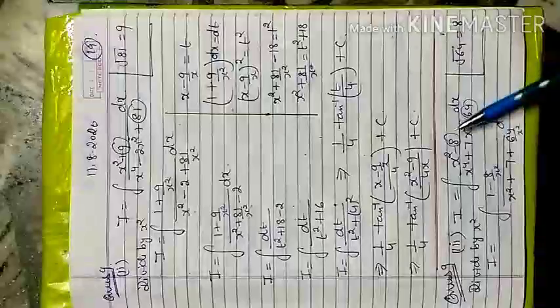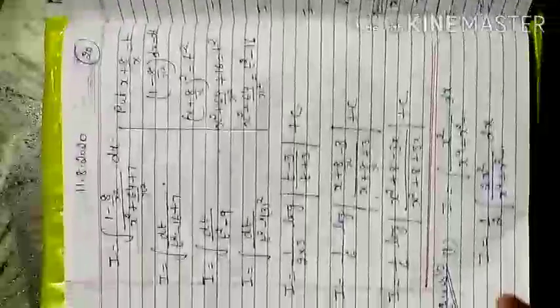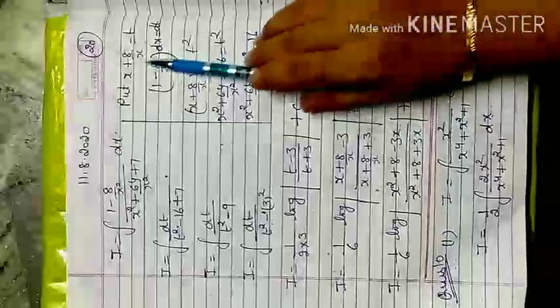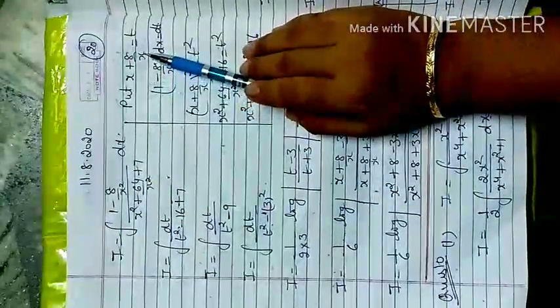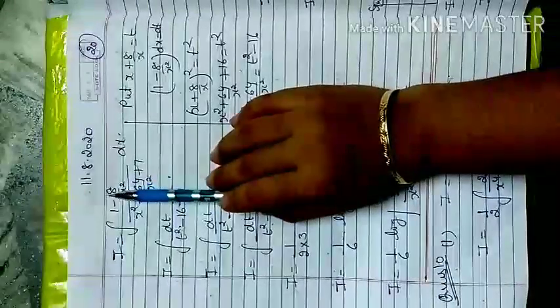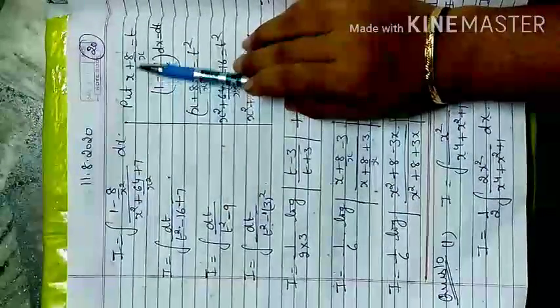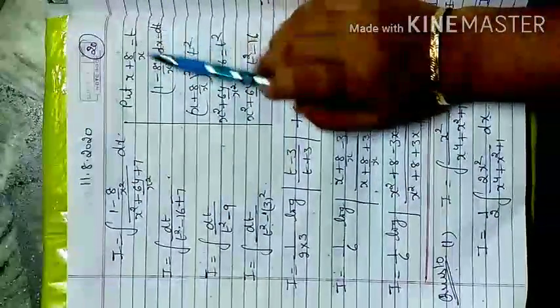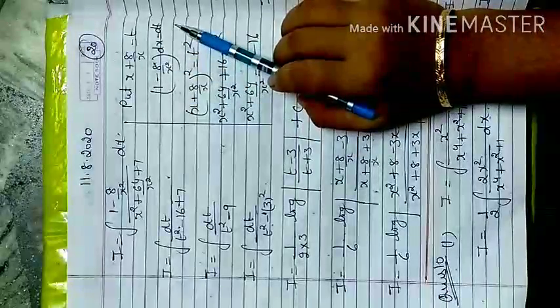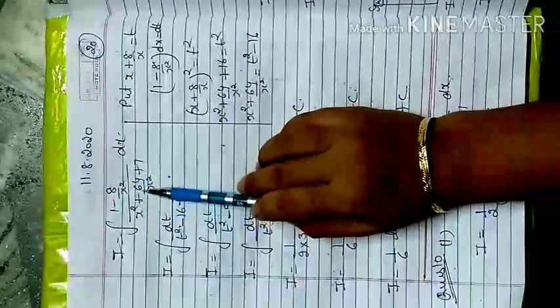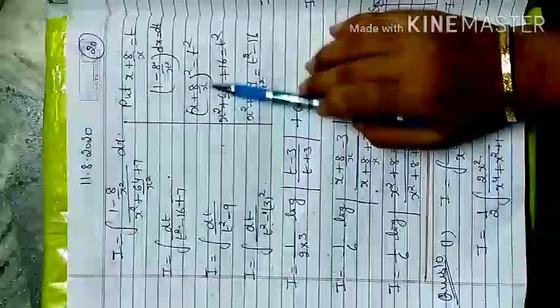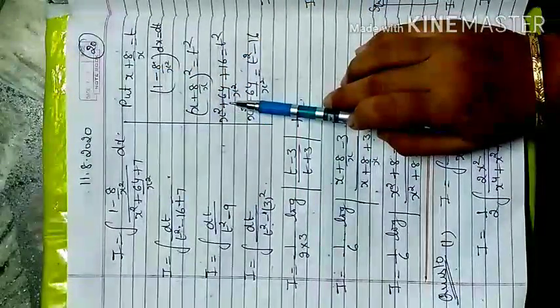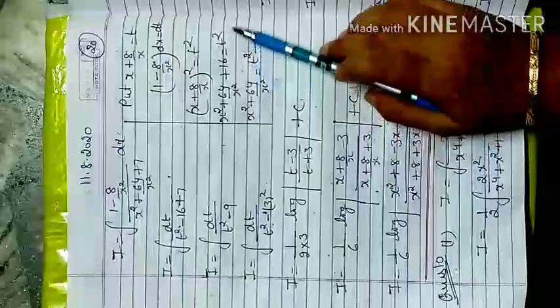Again, square root of 64 is 8, divided by x square. Now what you substitute here is x plus 8 by x, because this is a negative sign, the sign will change, x and the reciprocal of x, and the numerator of x will be the same as the constant term here, x plus 8 by x equals t. Now this numerator changes to dt, but I need x square plus 64 by x square in terms of t. Then I go with the same equation, squaring both sides, x square plus 64 by x square plus 16 is equal to t square.